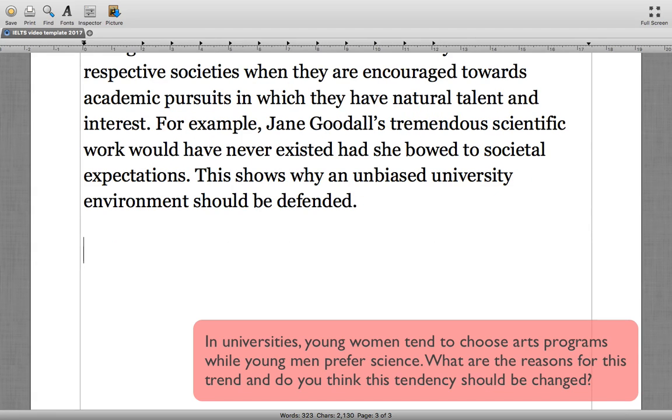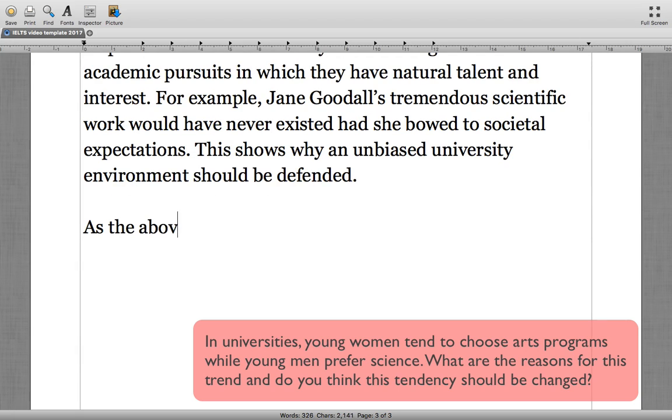Now let's go to the conclusion paragraph. So we just kind of want to restate the points that we've made. So the culture and society is the main push for why certain genders go into certain programs, and we feel that countering this trend is good. Okay, and it will improve societies everywhere. So as the above essay explains,